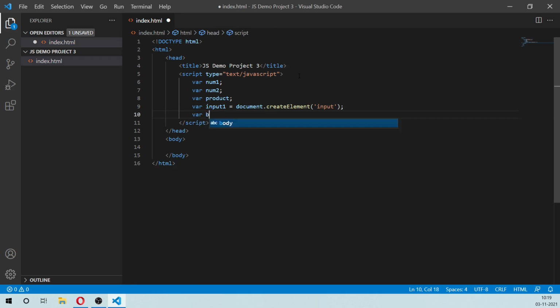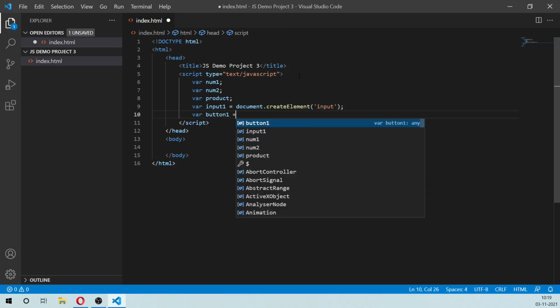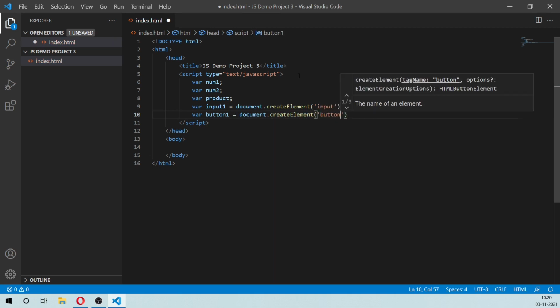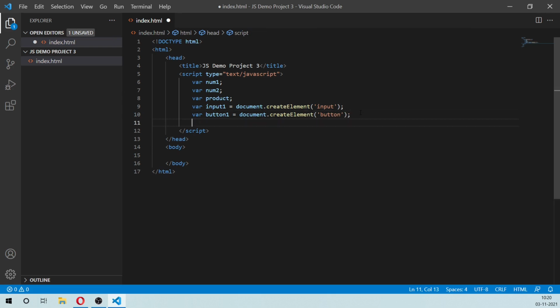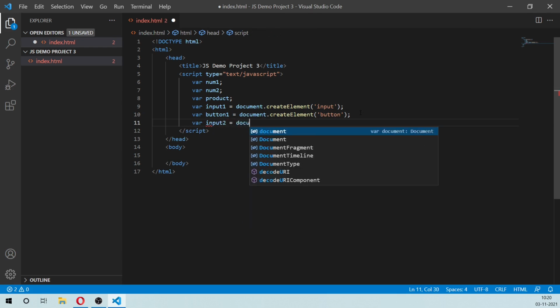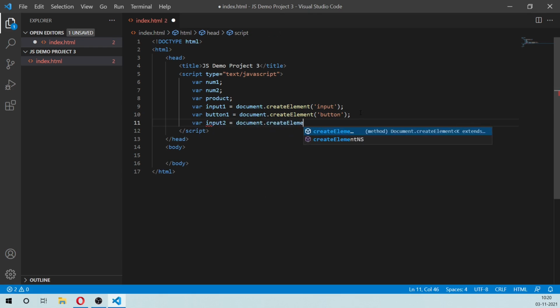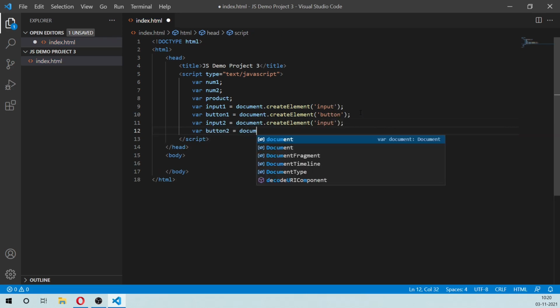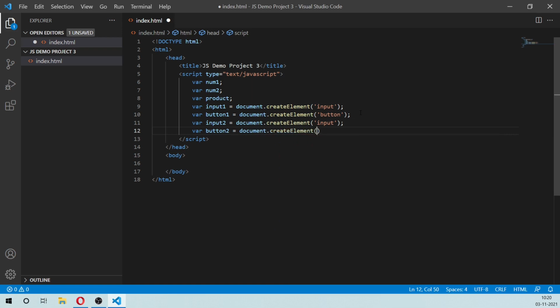Similarly, I'll also create a button to accept the input, document.createElement of the tag name button. Now similarly, let's create an input and a button for the second number. I'm going to create input2 is document.createElement type input, and var button2 is document.createElement.